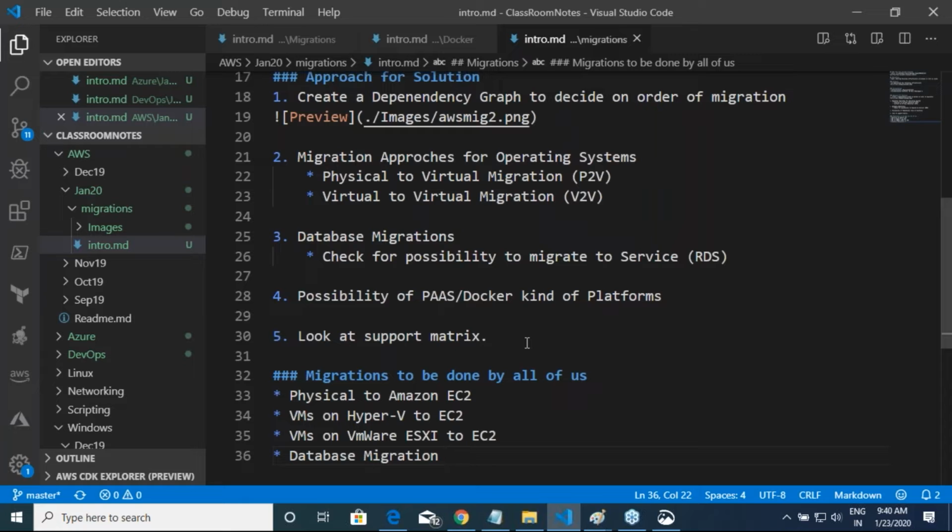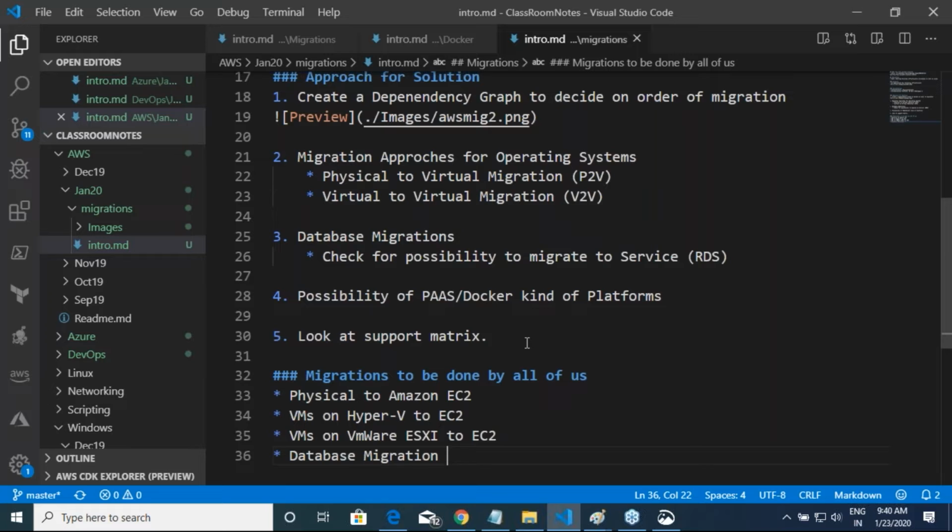When you do a migration by your own, you will see a lot of problems. Whatever I run in the class, right? For me, I am doing this probably the 10th time or 11th time. So relatively, I will see fewer errors than what you see. That's the reason why I'm asking that we'll all do the migration. But in this, the only thing which you will not be able to do is VMware. Apart from that, everything we'll all try.